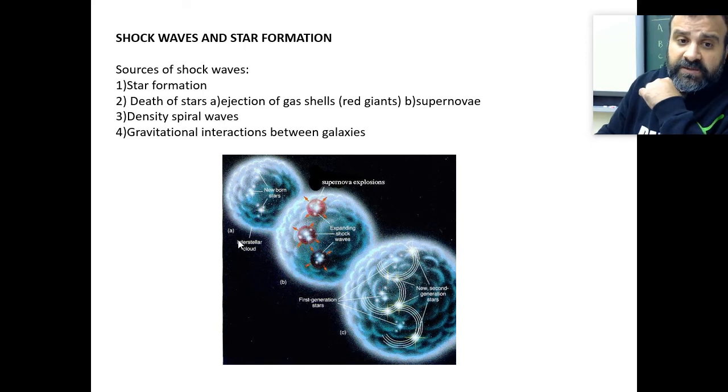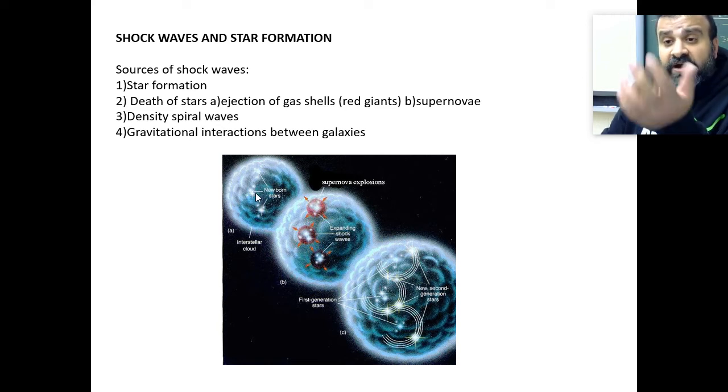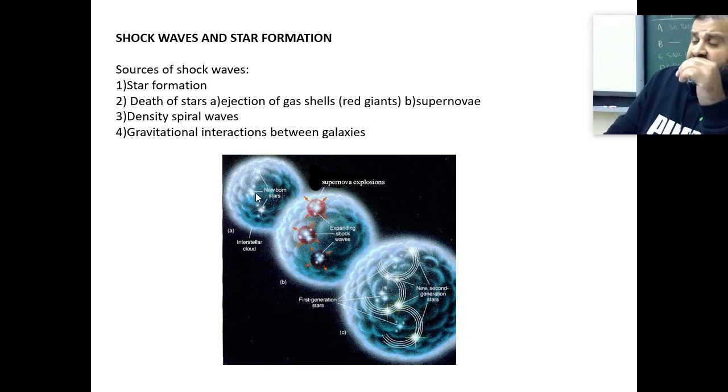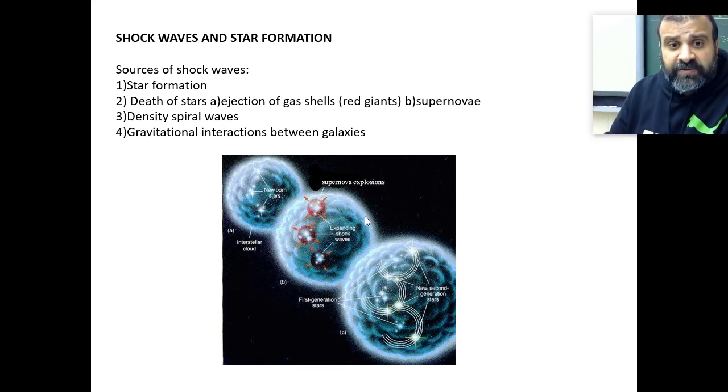So let's explain this diagram here. Let's say we have a large, massive gas cloud in outer space, and we've got some new stars that have formed in it. Then these stars go through their life. Let's say they're massive stars, and they live for a few million years, and then when they end, they go supernova and explode.